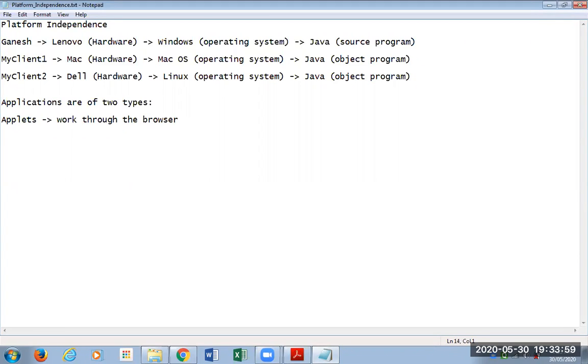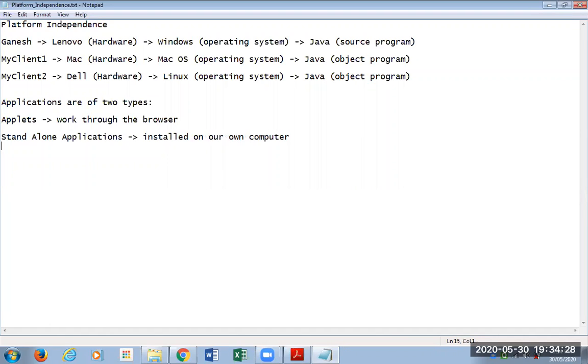And standalone applications: they are installed on our own computer.